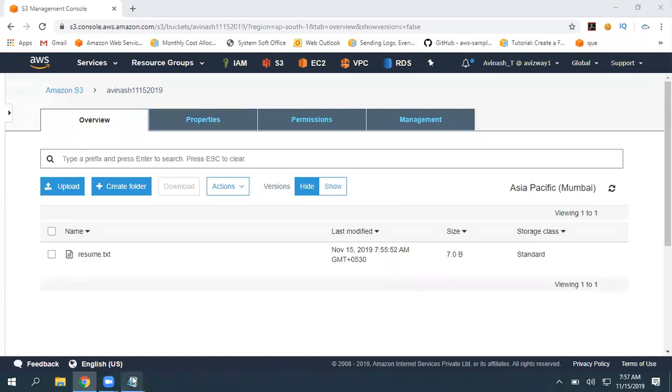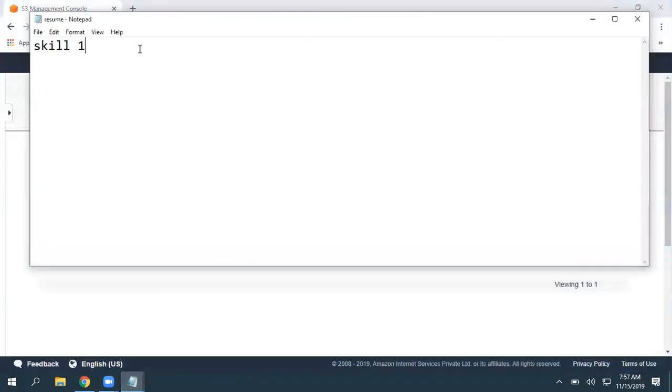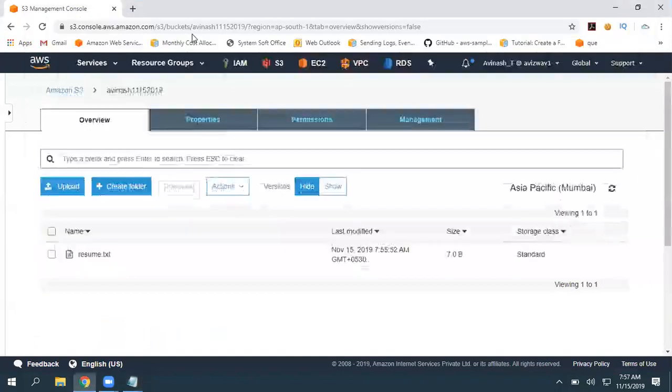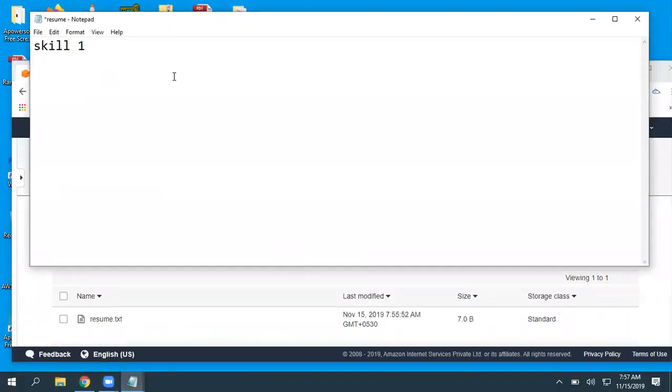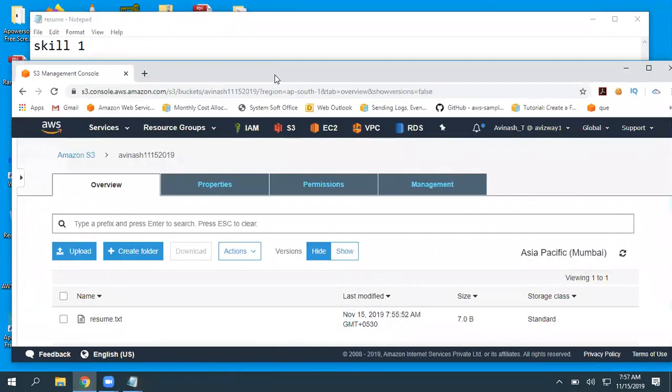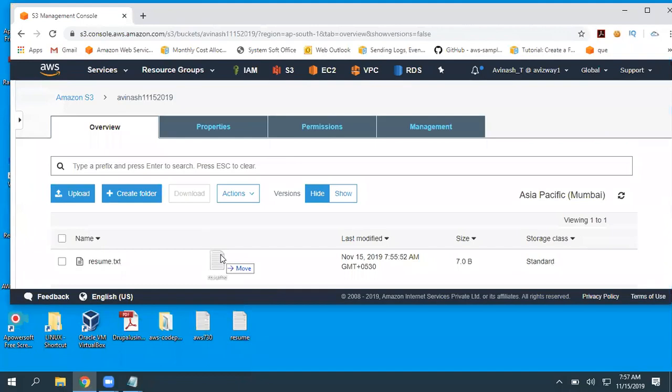Now I'm continuously modifying this document. Okay, now I have skill 1, and let's assume you have added skill 2. Uploaded that here.